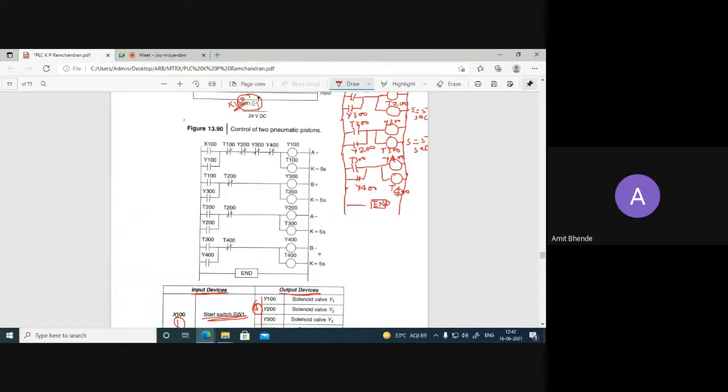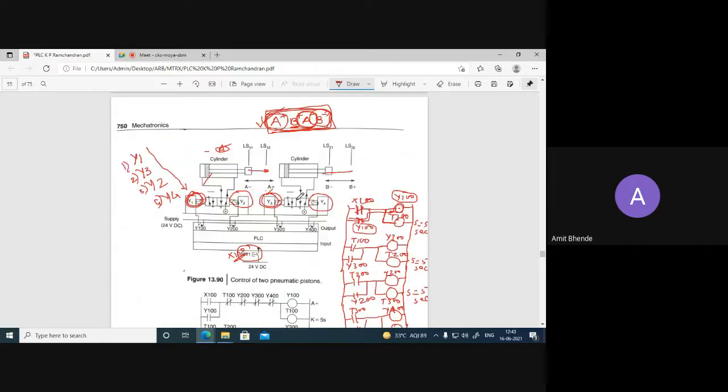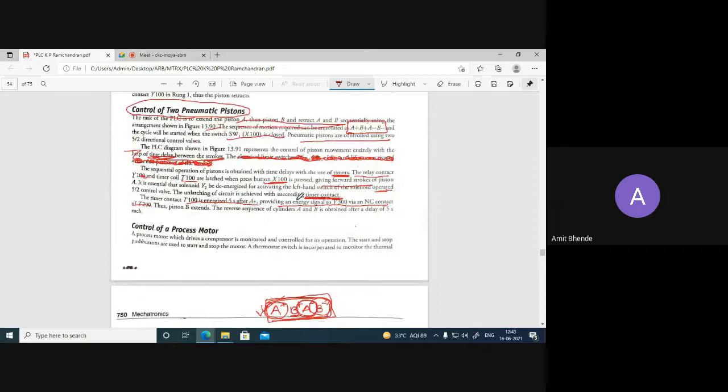Now here you may see that this ladder logic what we have developed over here and the ladder logic which is given by the book is different, and this is because the condition which is provided in the question, okay, I'll read it out.